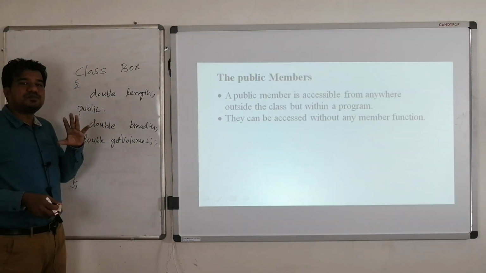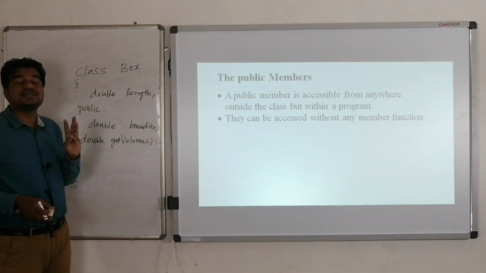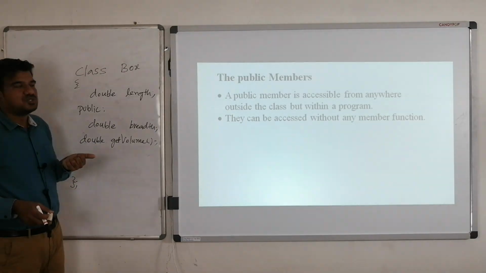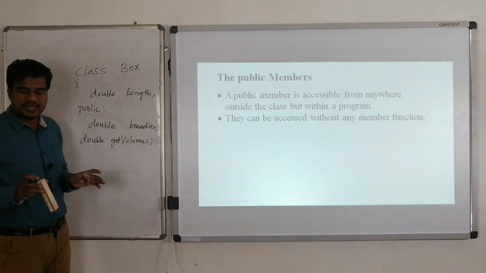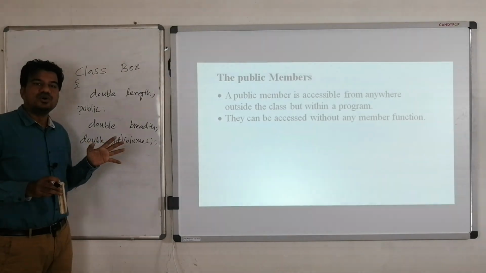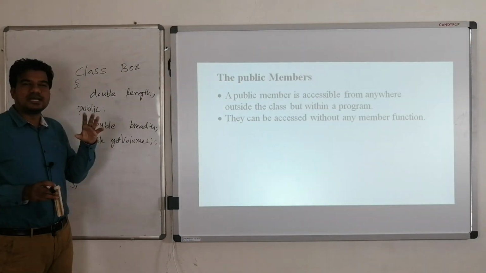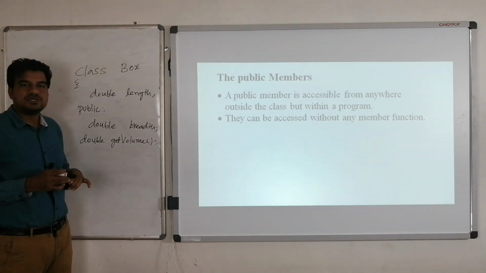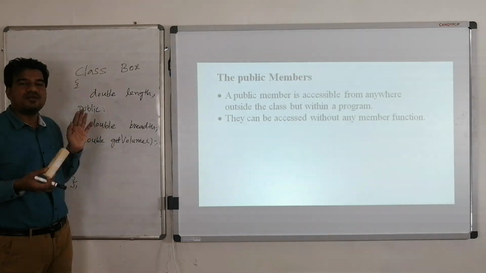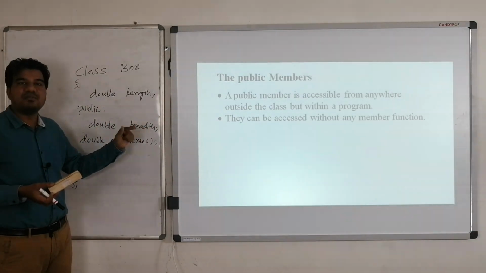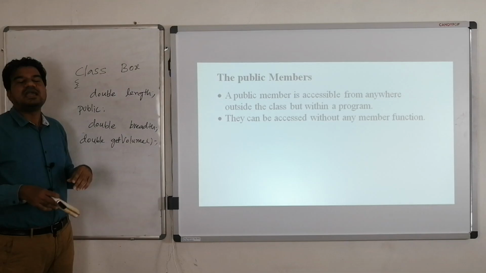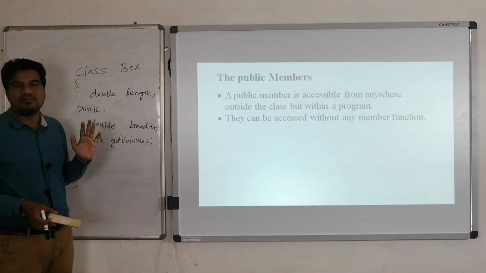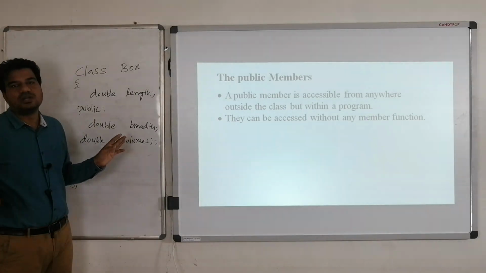So how these public, private, protected access modifiers will differ, that we have to understand. So public means open to the world, that you already know. Whenever you are uploading a video on your YouTube channel and you are making it public, that will be visible to the entire world. In that same way, in your class, when you are declaring a data member as public, that is open to the world. Any class, any member function can access that data member.